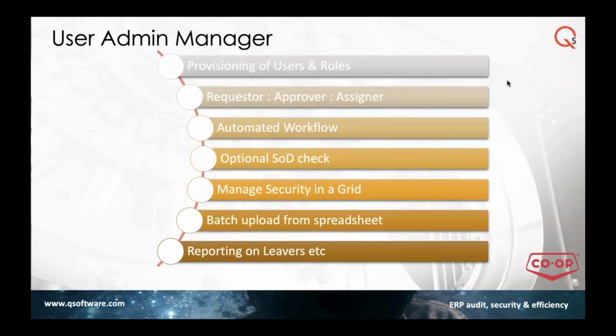So what does UAM, User Admin Manager, actually do? It allows provisioning. It sets up this approver. And there's a workflow around all of this, which is absolutely crucial. So the setup work is all about allocating approvers. All right? And Trace will show you that. But it might take you half a day to get that set up in the first instance for the first run. All right? But it also, on top of this, enables you to run an optional SOD check before you